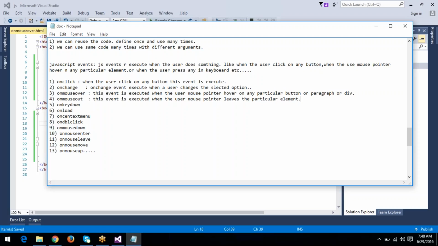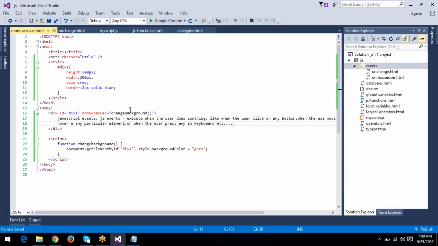I want to remove this background color. So whenever the mouse leaves the particular div element,